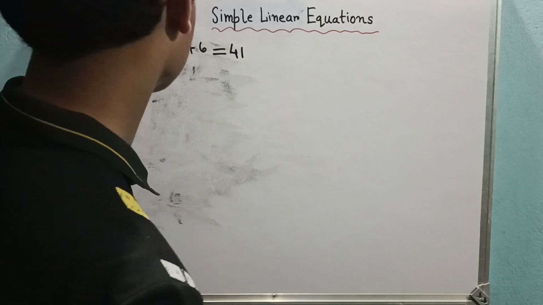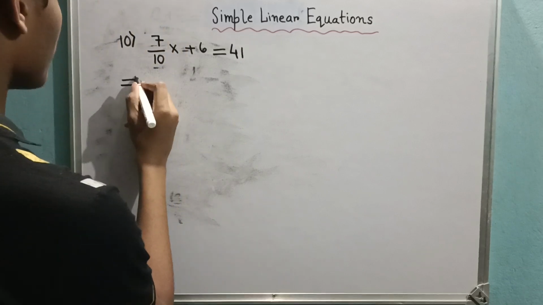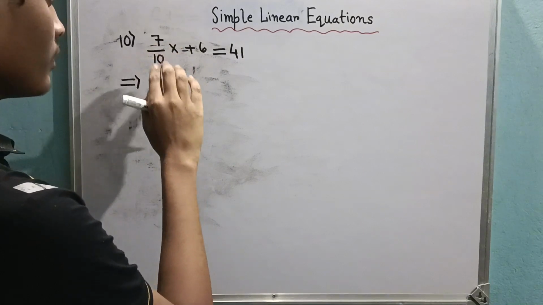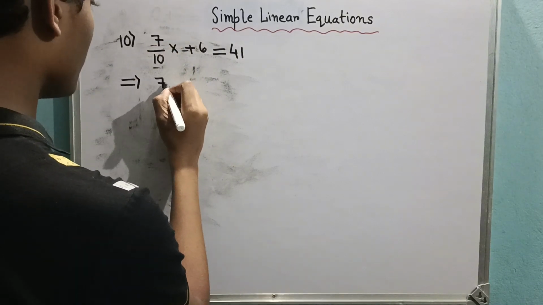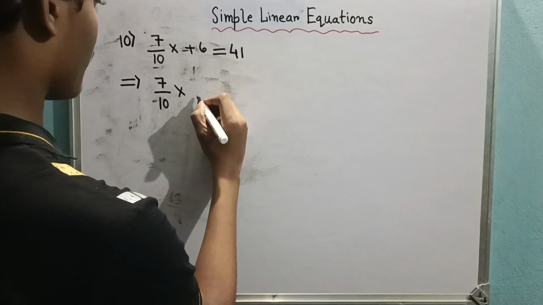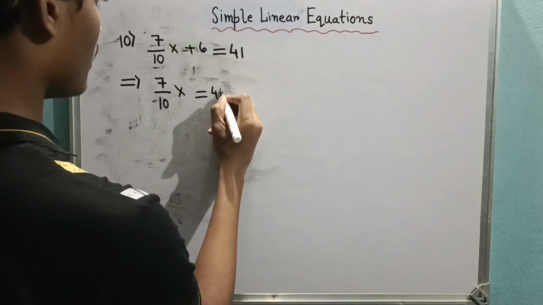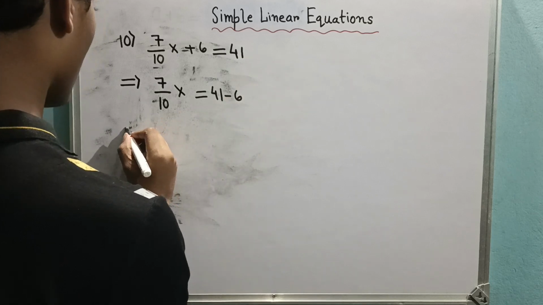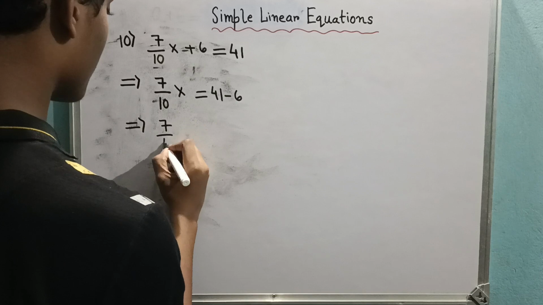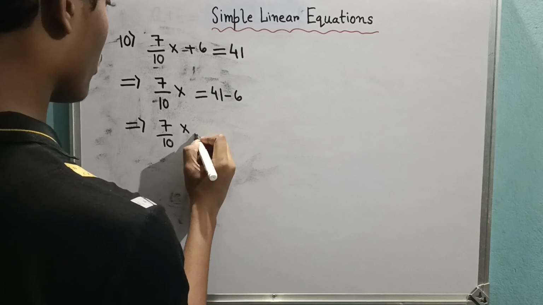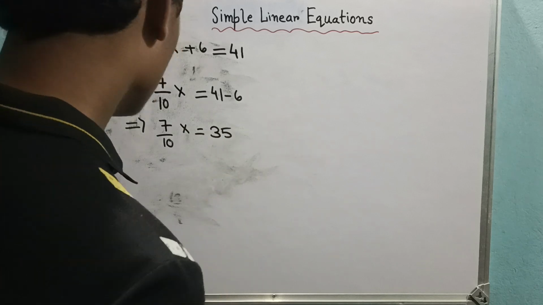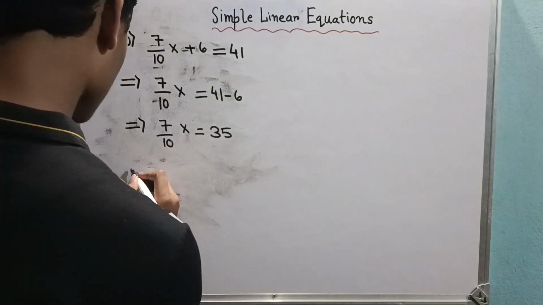So here, first of all, we don't need to do anything with this now. 7 by 10x, let it remain as it is. This will be equal to 41 minus 6. First step is very easy. Or 7 by 10x will be equal to 35. So now